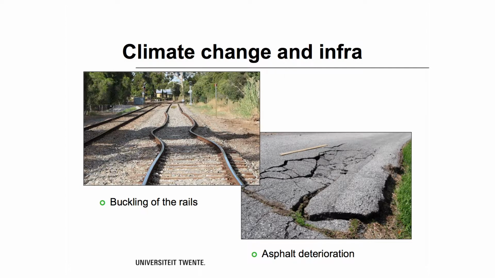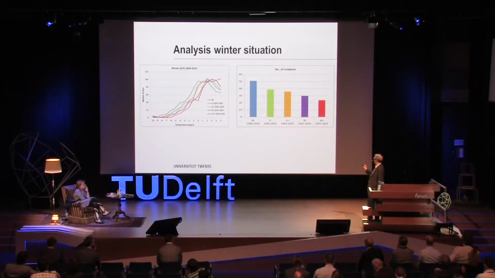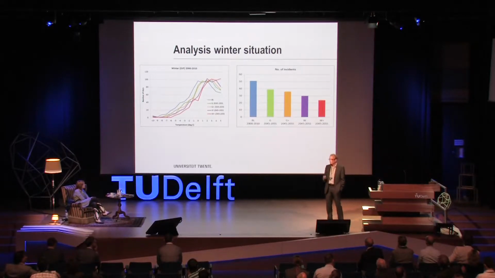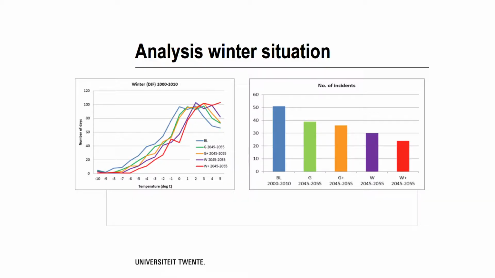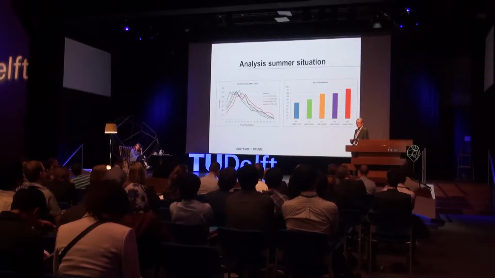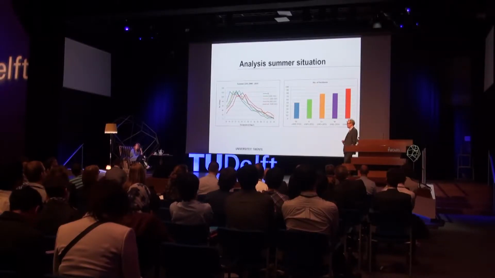And if you look at climate change, one of the studies that I'm involved in is about the impact of climate change on the assets of infrastructure. You see these kind of models. These are different scenarios from the Dutch Royal Institute of Weather Forecast, the KNMI. If you try to understand what could happen with roads and rail, and look at the rail infrastructure, these are the kind of incidents that you expect during the winter. So we will see a decline of incidents. But if you look at the summer, it will be exactly the other way around.